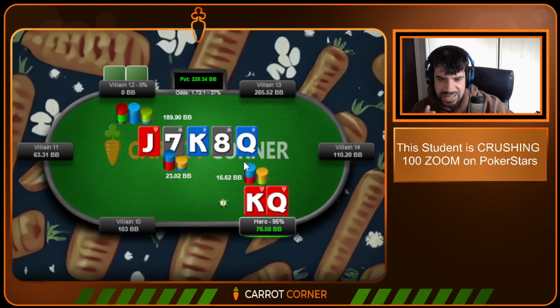Because it's really easy to have too much Jack 10 here, because it's a hand that will check call flop, will check call turn, and may well jam river with these blockers. So I can see villain wanting that hand. It's also possible King 10 can do this. Anything that blocks a straight that also has a pair could do this. Queen 10 maybe, though I think that's usually check raising flop or turn. But anyway, I think a good reg who's capable of bluffing here may well overbluff here,